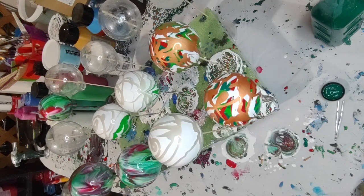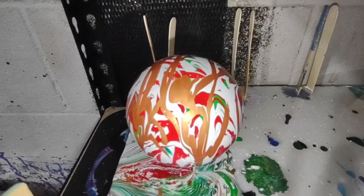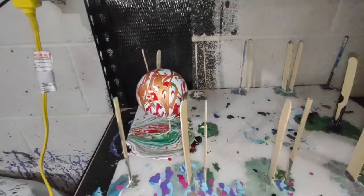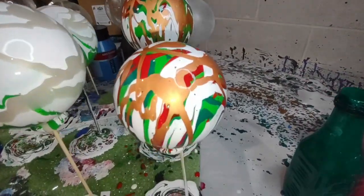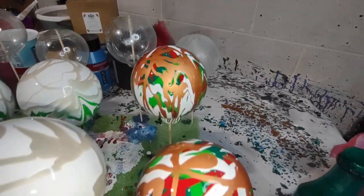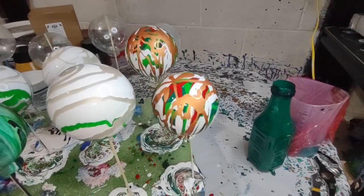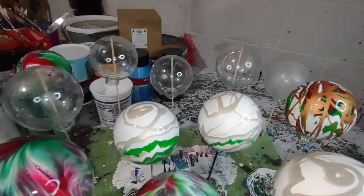Let's bring y'all in for a closer look at the ones that we've done now. So it doesn't seem to matter if I do them separately, they still end up looking different. So that's that 3. Some folks like the more haphazard look, so that's why I did those. And then the Jawbreaker ones,